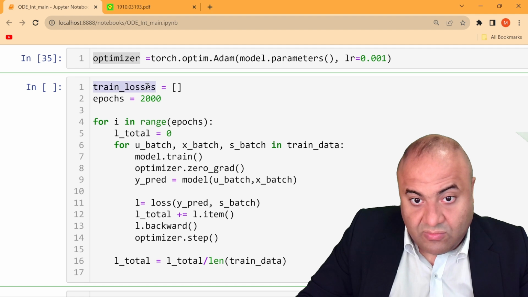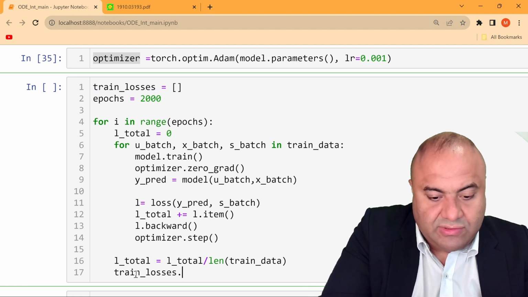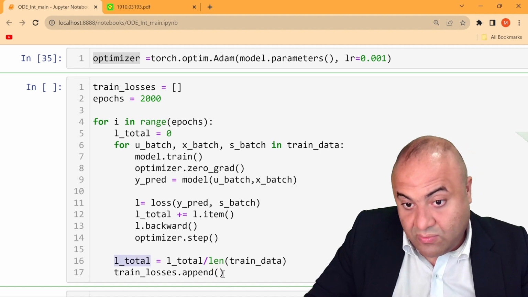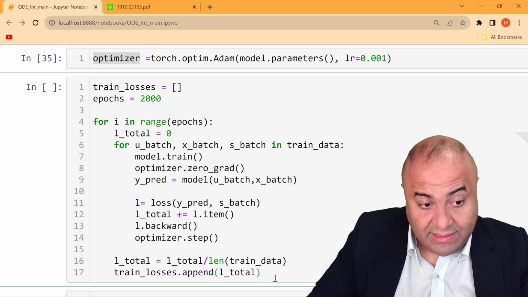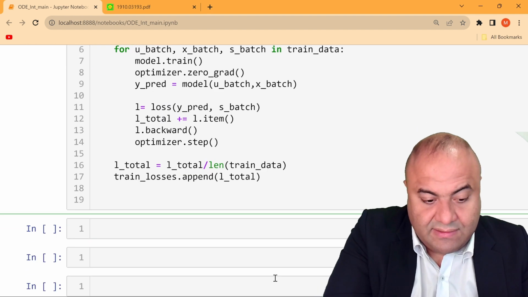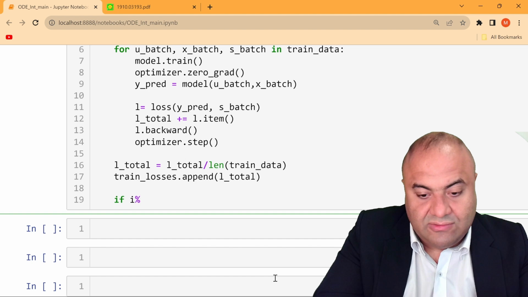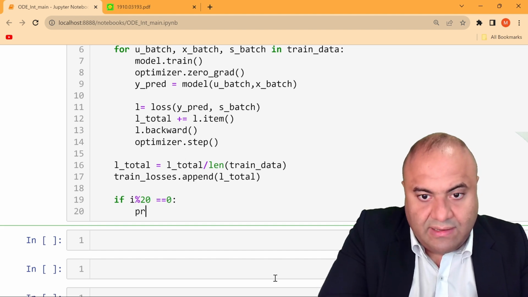And in order to monitor the training loss, training losses dot append, and then for every epoch we will have this number saved in the training loss list, and at the end we just print things out. If the modulus of 20, every 20 steps, equals 0, then print